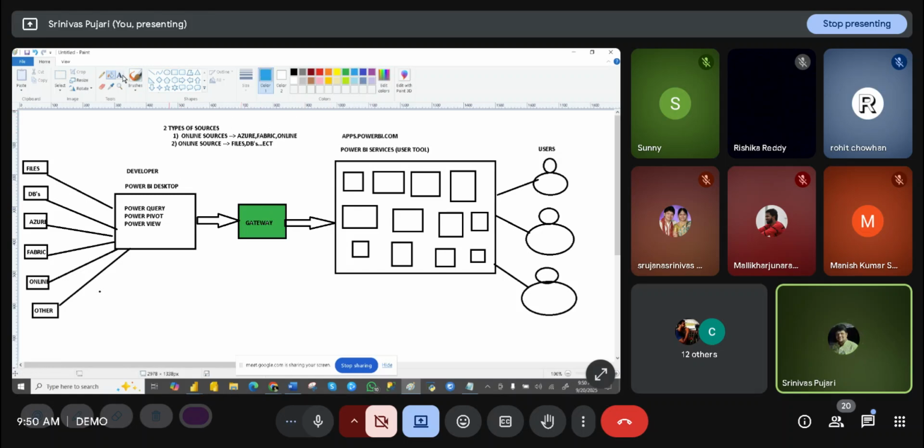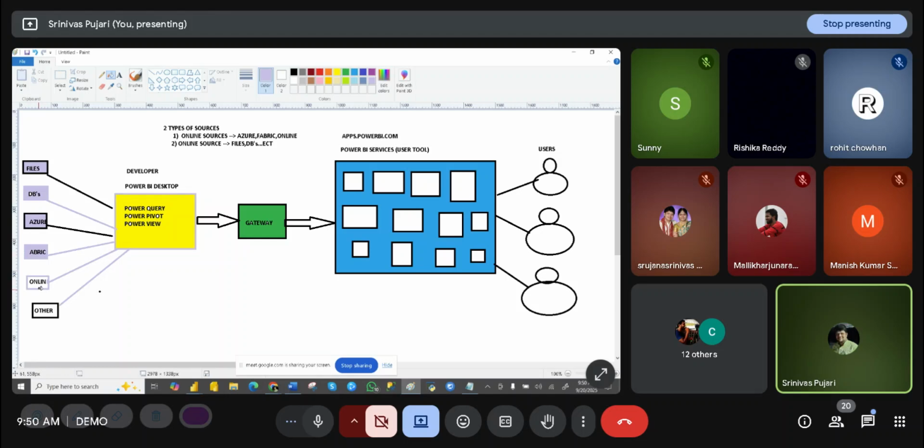It will pick the data and load it into this one. We'll pick the source files. So this is the end-to-end architecture for Power BI: where we are taking the data, where we are creating the reports, and where we are publishing.